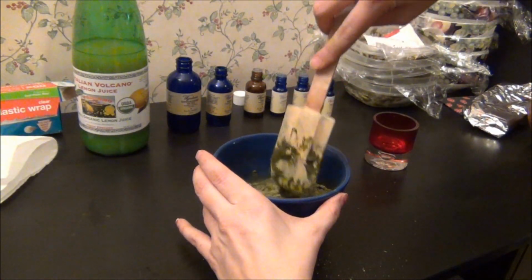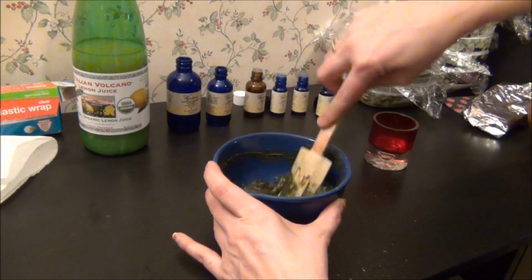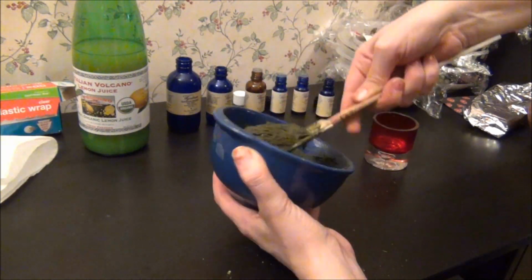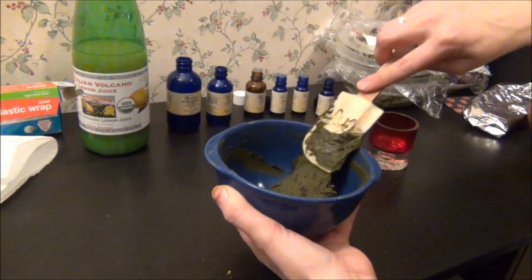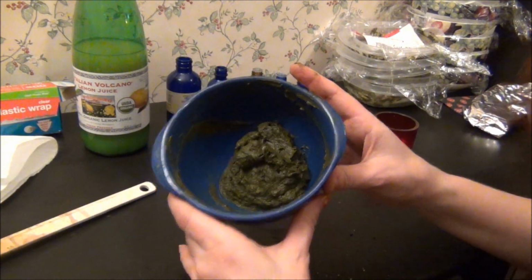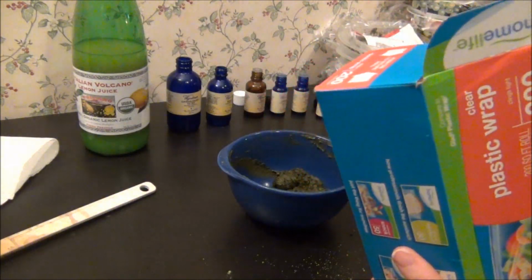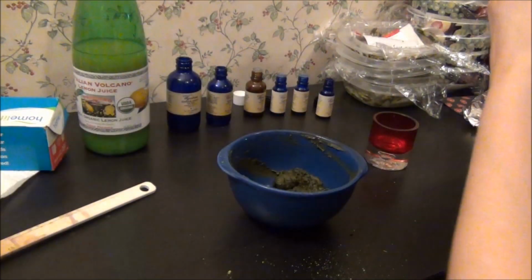All right, so we're just going to mix this up. One batch of henna mixed up. You see, it just takes a few minutes. We are going to put plastic wrap on it. I've already mixed up a lot of batches of henna tonight for my other tests, so